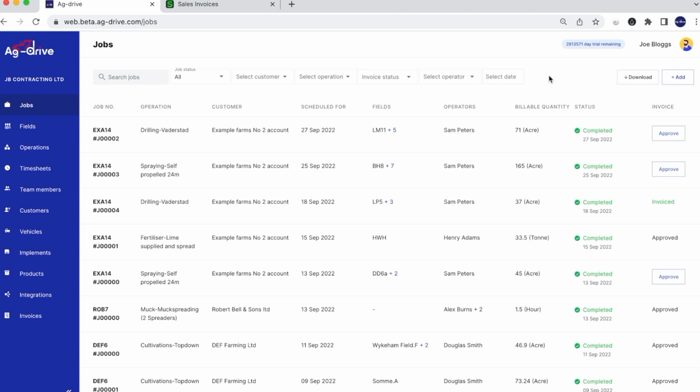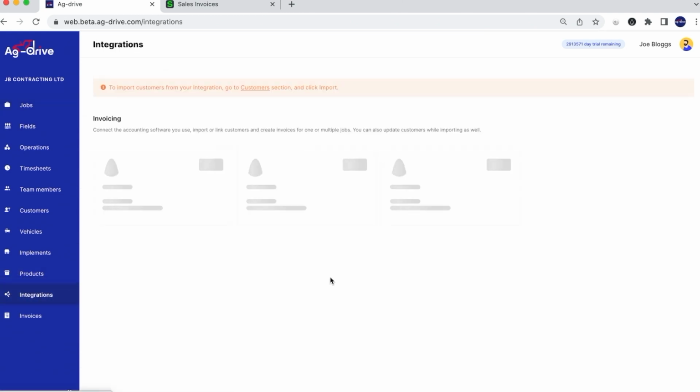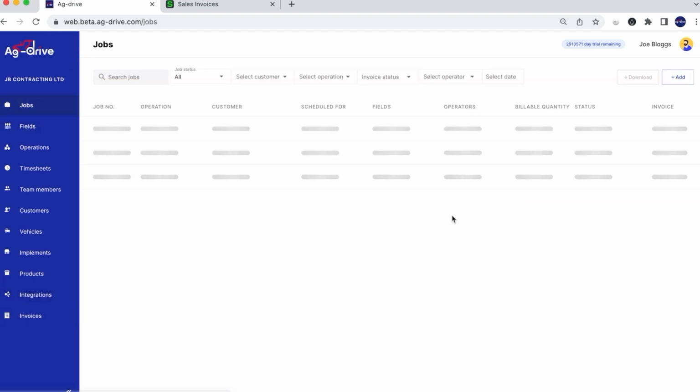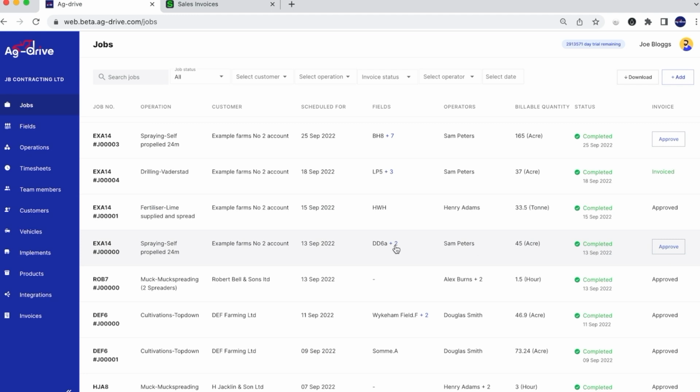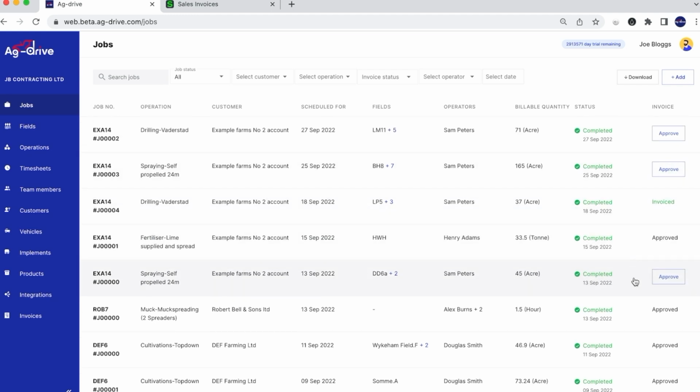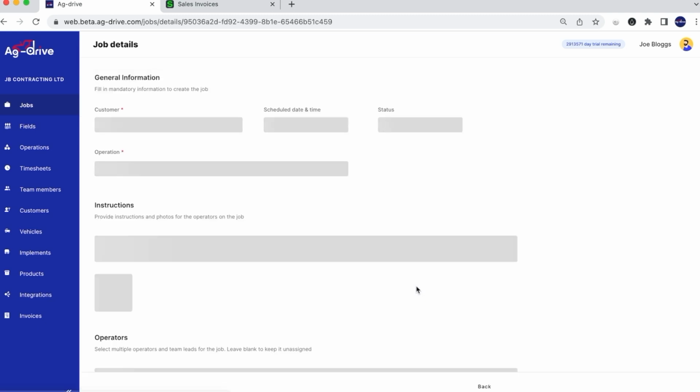To actually get going with invoicing, please make sure that your Sage account is integrated on AgDrive on our integrations page. And to actually send an invoice, we're going to go back onto our jobs page where we can click on individual jobs and approve them. So pretty much this is to say that some form of management has checked over this job and approved it ready to invoice. We can either do this from this dashboard here, or we can dive into the job